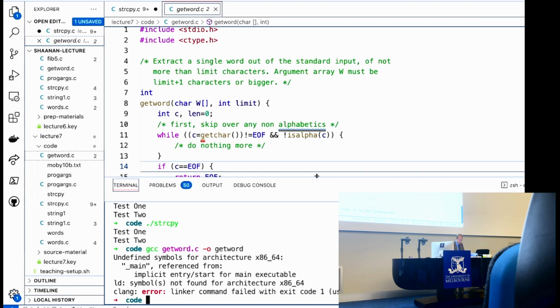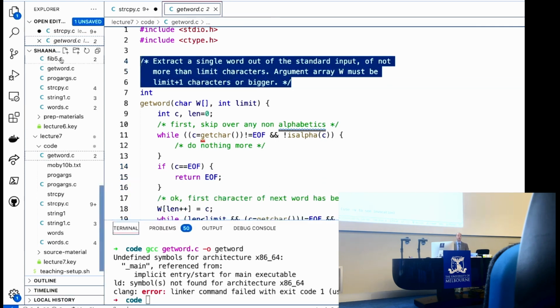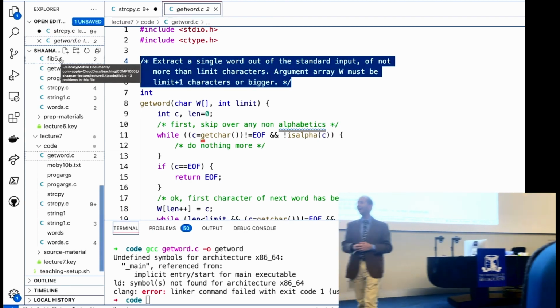Now, what does this little function do? Well, we've got our comment here that helpfully tells us. If we have standard input that the user is typing in, it is going to separate the input out into words. Now, this should be a very easy crowd question,